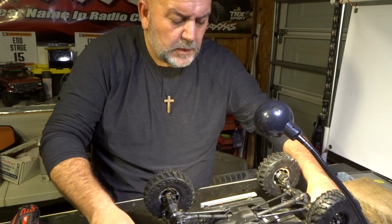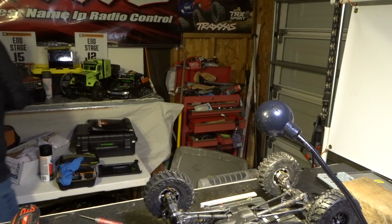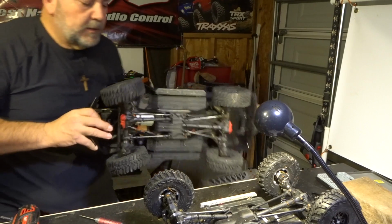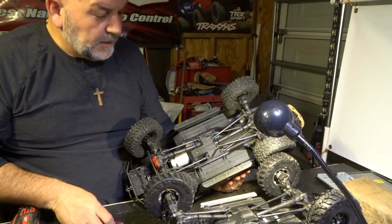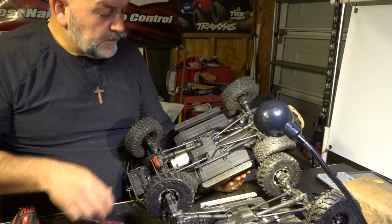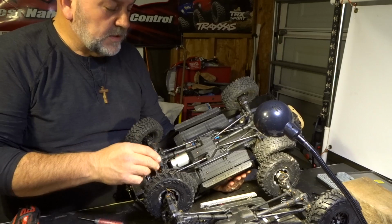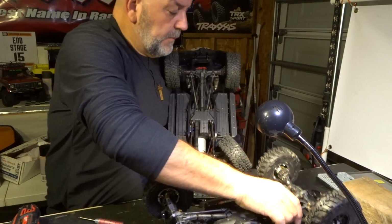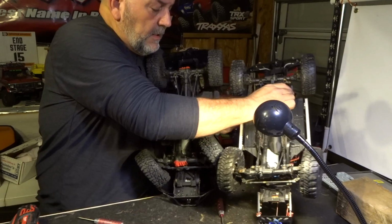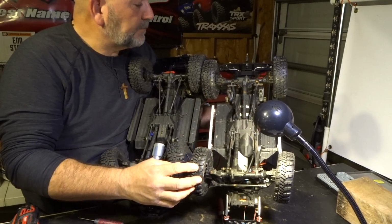this is what it looks like now, and I do have another Sport here with the factory skid plate, and so this is what the factory one looks like. And of course, I'll stand them both up here so you can see them both side by side. But anyway,